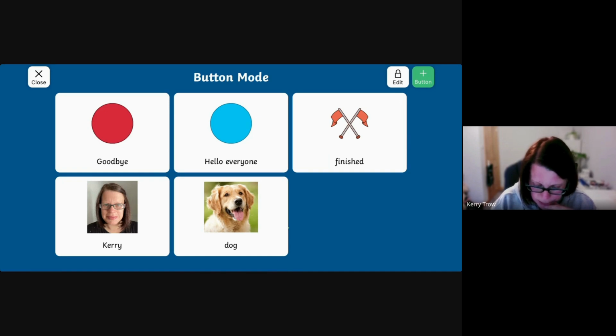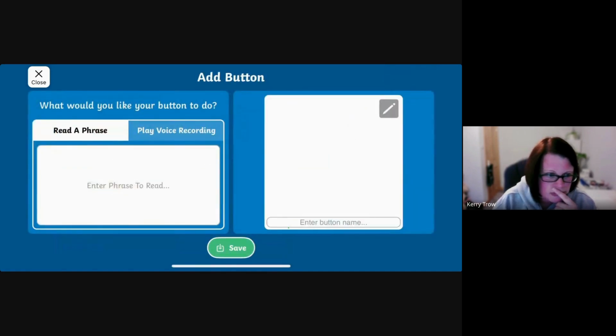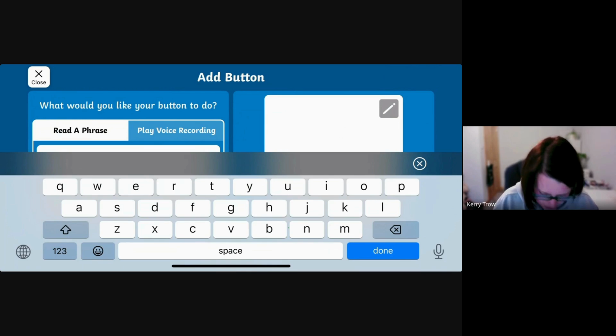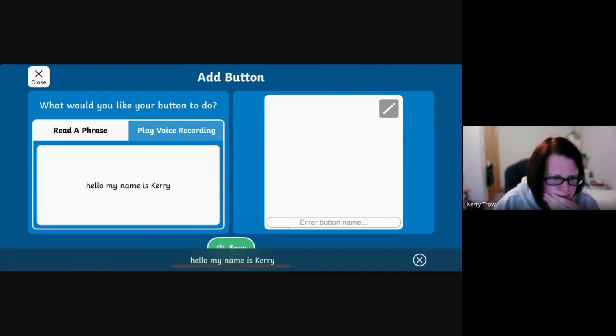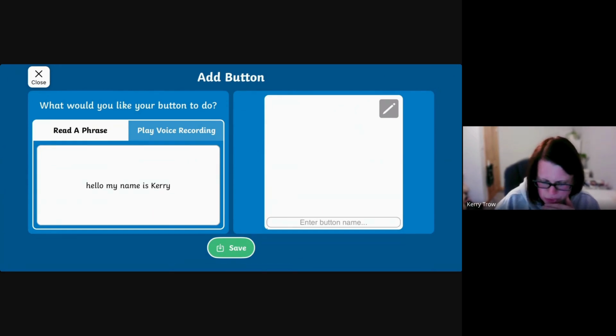So if you go to the green plus button at the top, so on the left there, what would you like your button to do? So it can either read a phrase. So you would type into this phrase bar here, and press done. And then you would go into your symbol box on the right hand side. If you click on the pencil icon, which is your edit button,